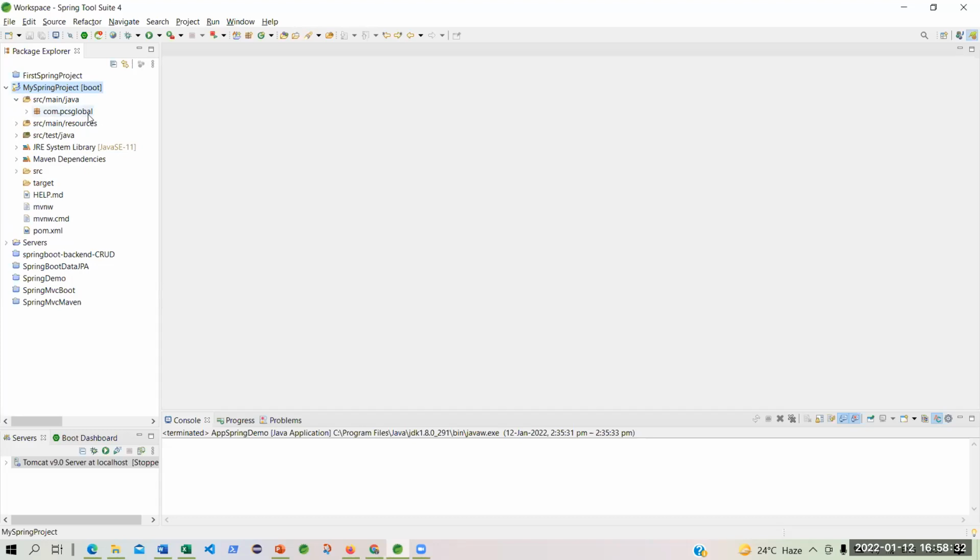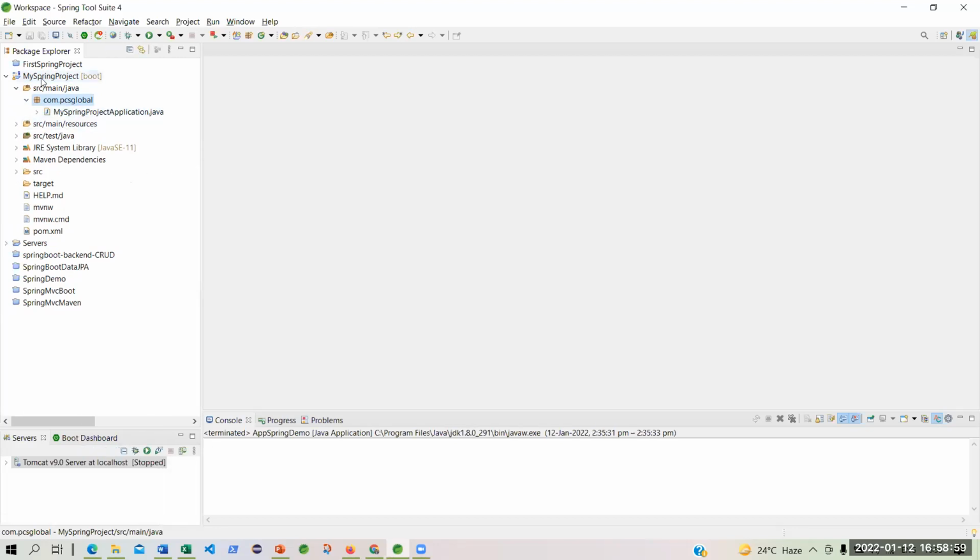So if somebody asks you what is the folder under which you have this package, and did you see that there is an Application.java already created for you? This is basically a Spring Boot project.